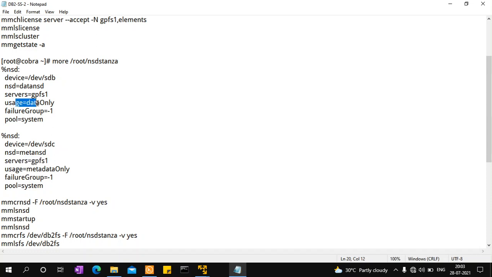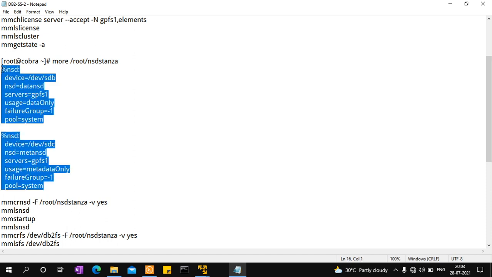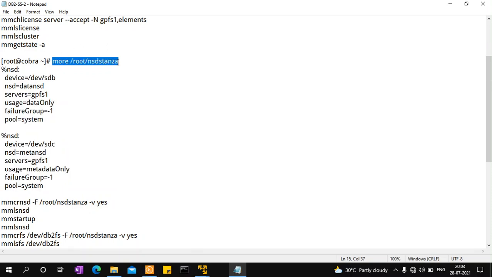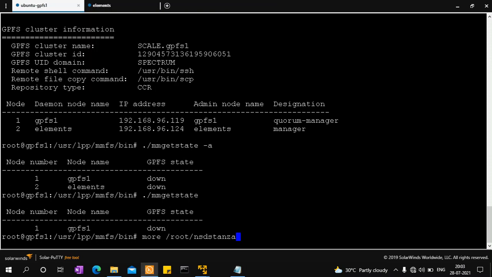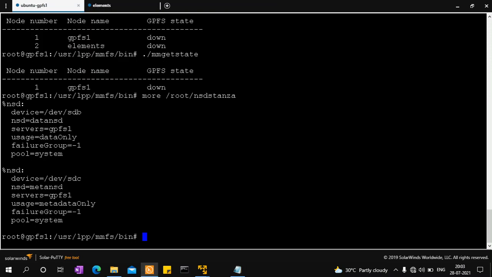The usage is data only: in SDB, which is of capacity 15 GB, we are going to store only the data, whereas the SDC, which is also 15 GB in size, will contain only metadata. So like this we have to create a file, the root NSD stanza. I think I have already created that file, so I'll just show you that information here. Yep, so device SDB is there, SDC is there, data NSD, meta NSD,